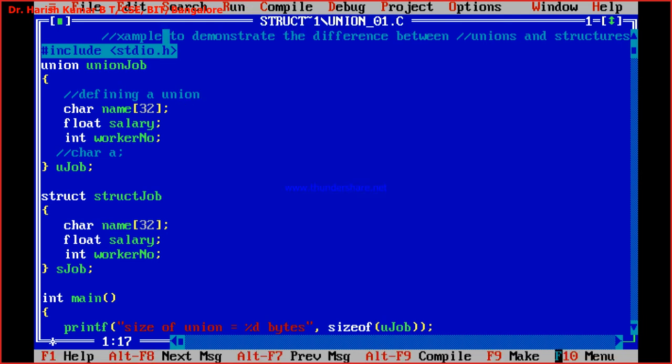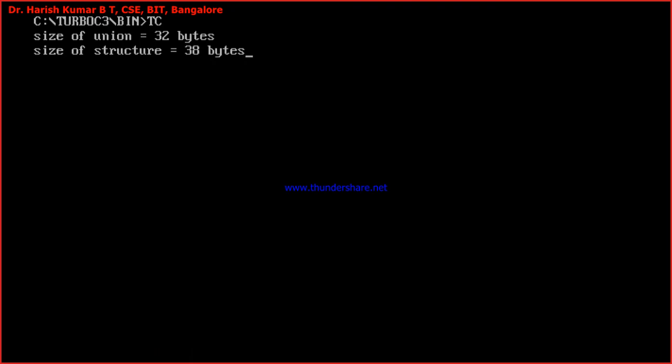Okay, it is executed. I have to press Alt F5. Size of union 32 bytes and size of structure 38 bytes.